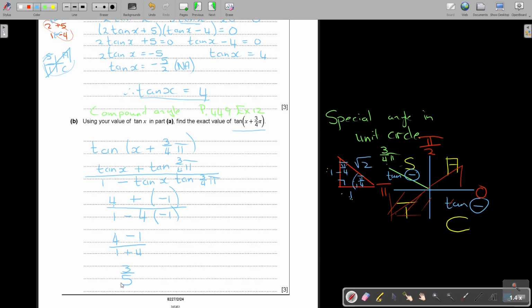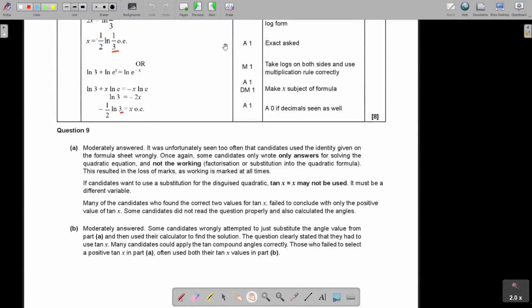Let's go to the exam report. So on the exam report, question 9, it was moderately answered. It was unfortunately seen too often that candidates use the identity given on the formula sheet wrongly. So it doesn't help it stand there and you don't know how to use it. So make use of the formula sheet in the class so that you get used to what stands there and